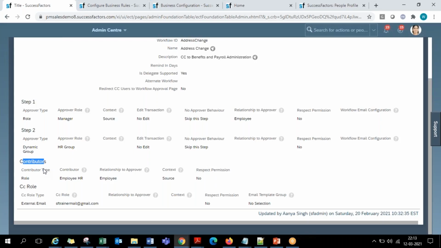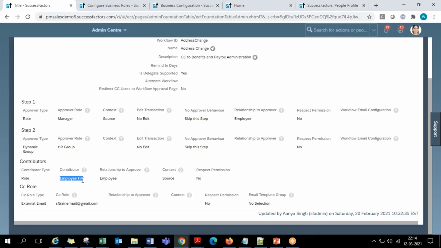If they want to raise any concerns or give any suggestions to the approver, they are required to involve. But it's not a mandatory thing. It's not a to-do item for them. So if you keep HR as a contributor, and there are 500 employees in the company, for all 500 workflows where employees apply a leave request, she is the contributor.